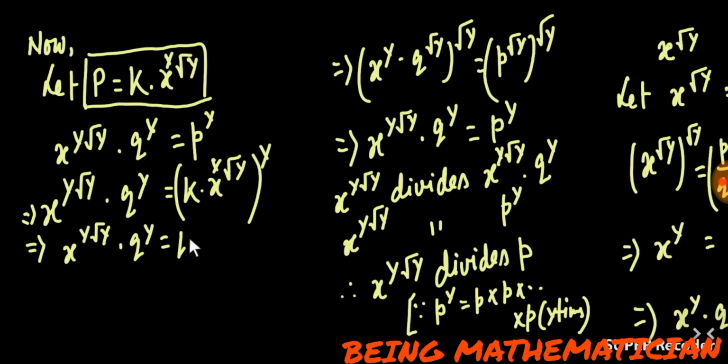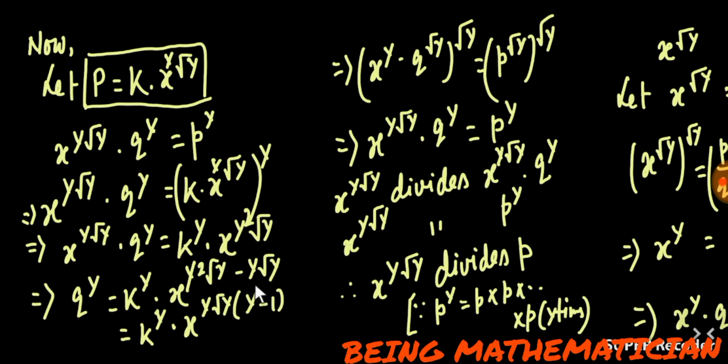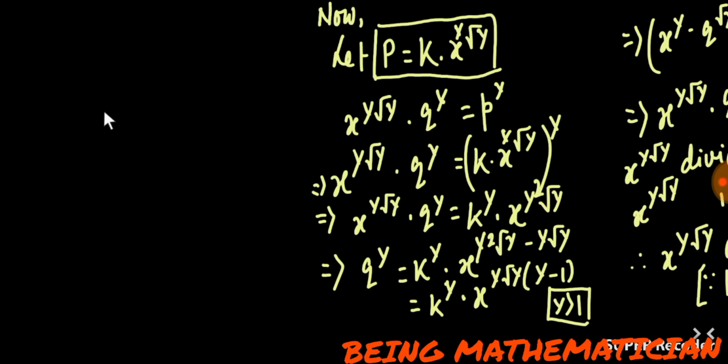Now it can be simplified as k to the power y into x to the power y square root y. So q to the power y equal to k to the power y into x to the power y square root y minus y root y. So it is y root y into y minus 1, and clearly y is greater than 1. So y minus 1 is positive. So we can say